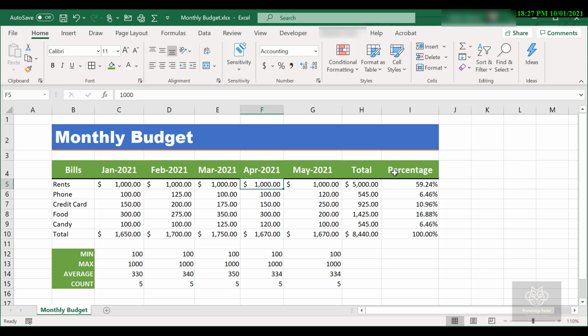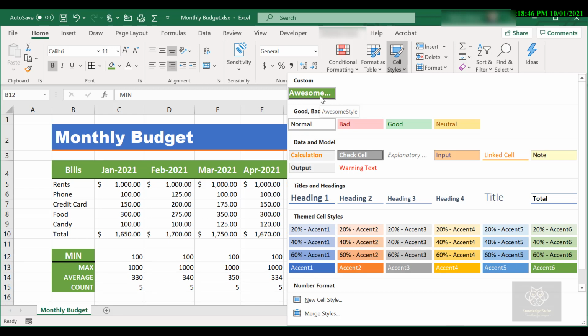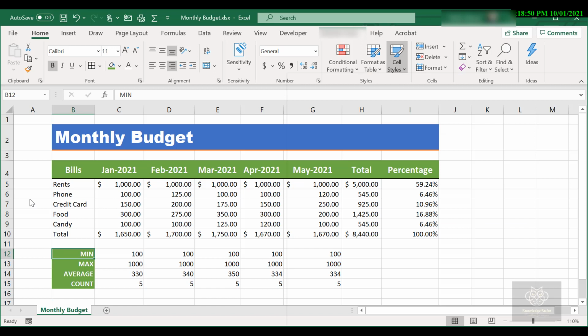I've saved it and I could reuse it. And if I select another cell like down here, and that's what I did with the format painter there, I can go back to the cell styles and there is my awesome style. I could apply it to the cell. If you see, it's getting applied, but I'm not going to do it. I'm going to click away. Now we decide it's awesome, right?